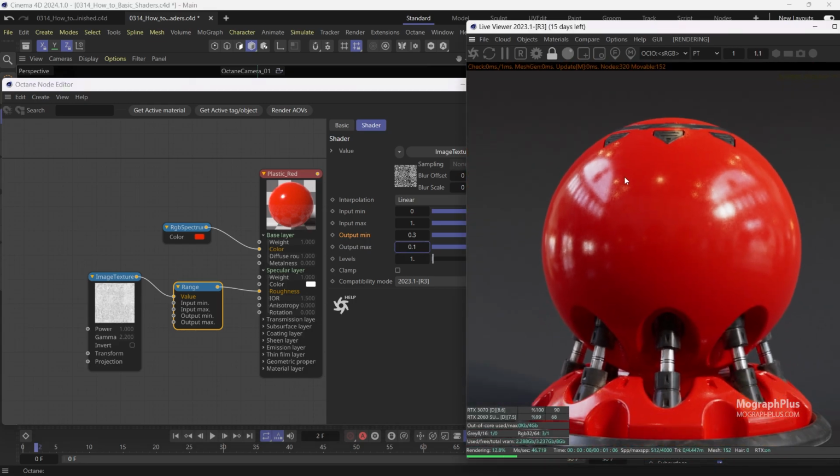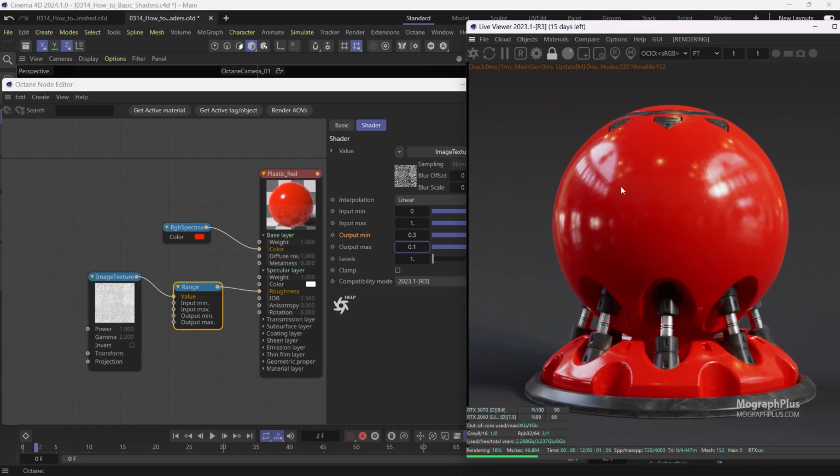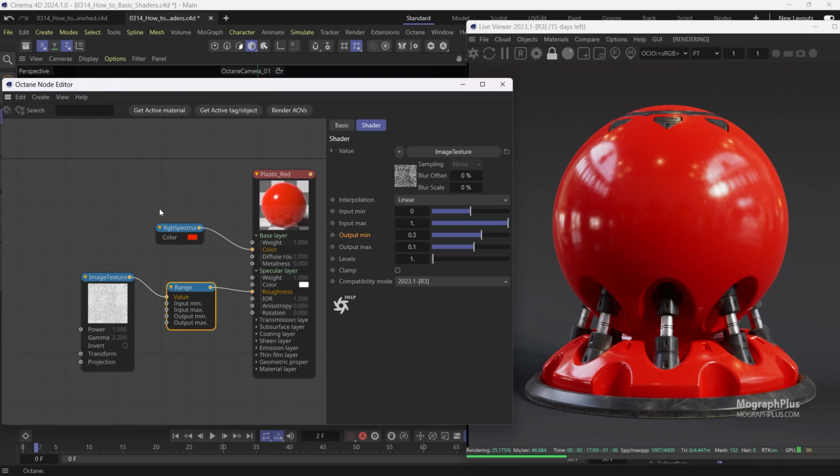So that's our shader after adding the variation to reflection roughness. It's very subtle but adds a lot to the realism of the material. In terms of importance of components for plastic shaders or anything similar, now we need to work on the subsurface